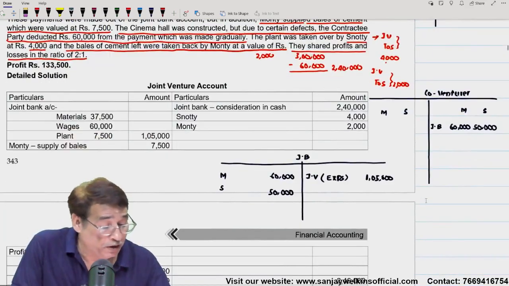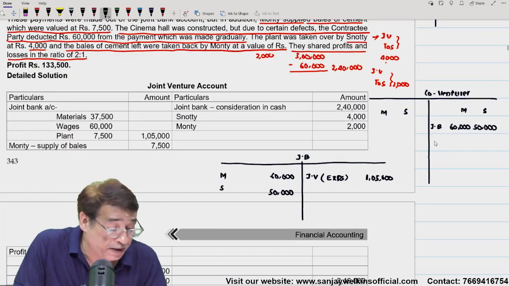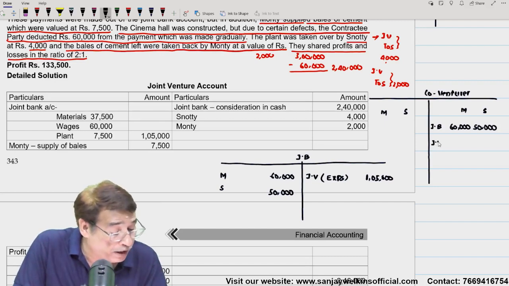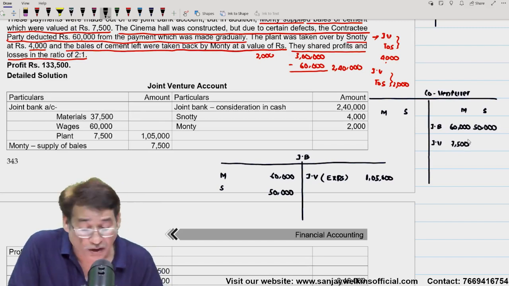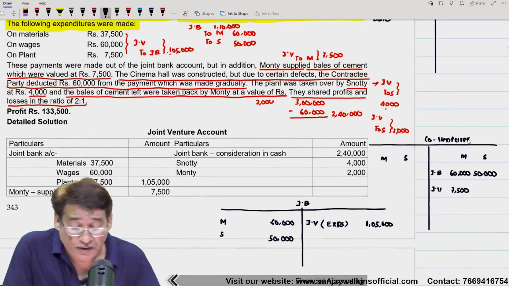Because we have written here to Monty towards the debit side of the joint venture account, I am going to write by joint venture in the column of Monty, 7,500. Is it clear to you? Next entry is